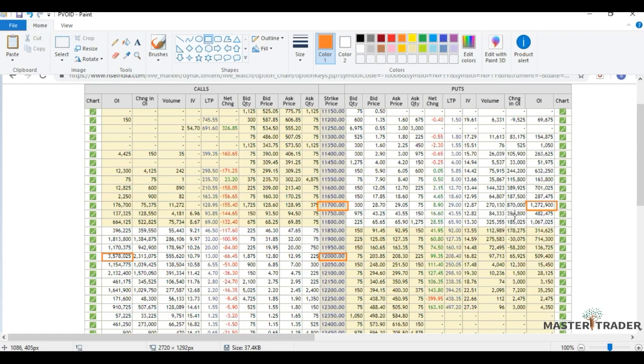Now if you see that there's 12,72,000 open interest here, and this data is positive on the put side, now what is a put option? If a put option goes up in value, say from 100 rupees to 110,